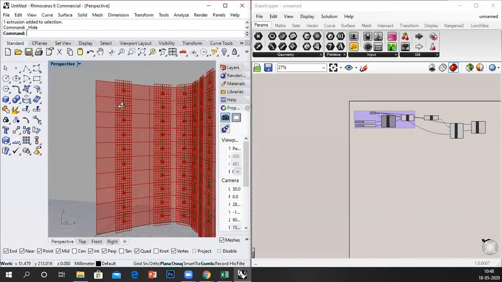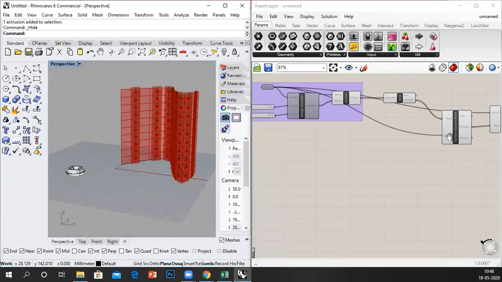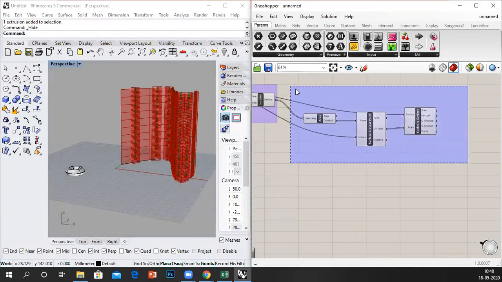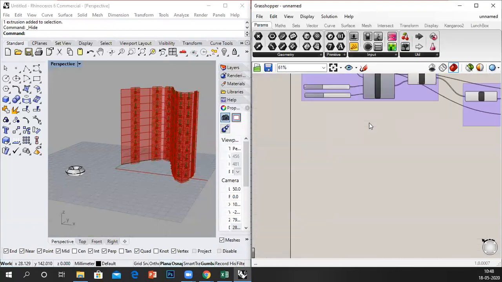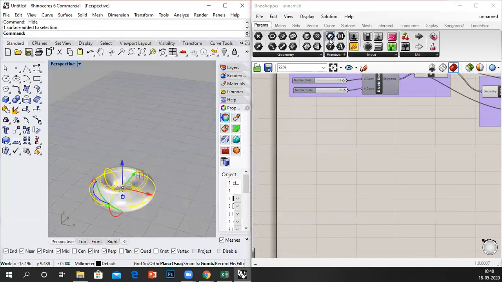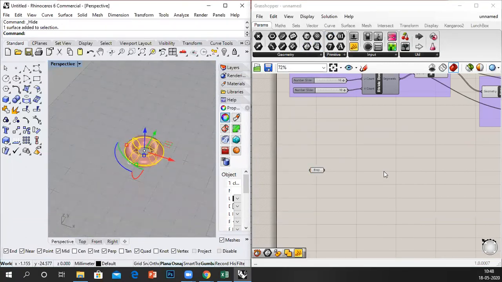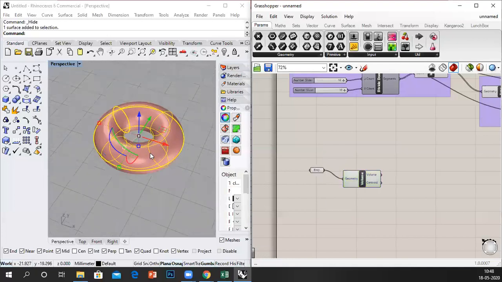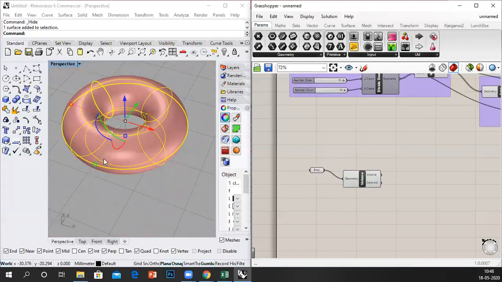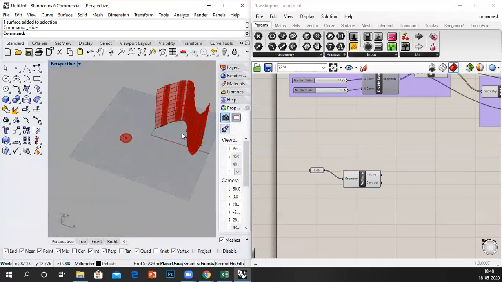So till here I think we did it before the power went off. So right now what I'm going to do is set this brep. So I am setting this brep, set one brep. Now what I need to do is find that center point. Using 3D volume, we can get a center point. So there you go. That's your center point. Now what are we going to do? Let's hide this geometry. Now we need to orient.